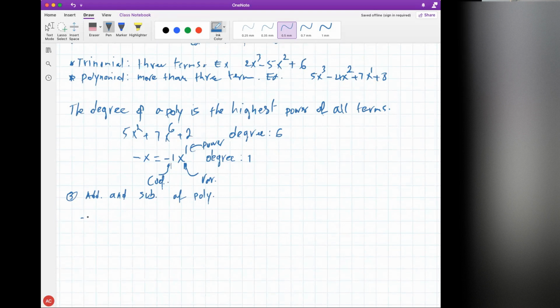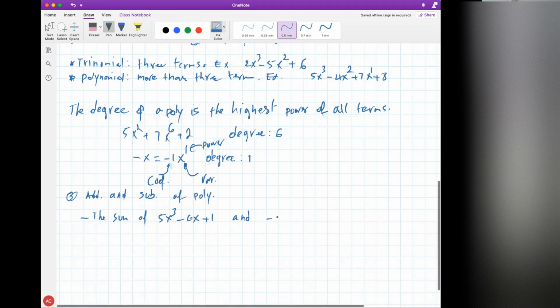For example, we can find the sum of 5x to the third minus 6x plus 1, and something else, maybe 2x to the third,